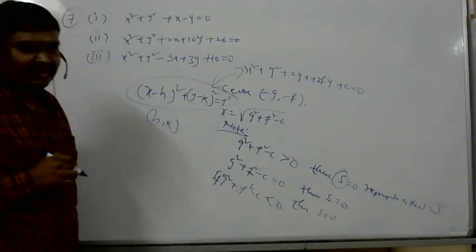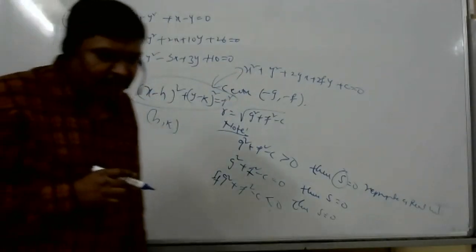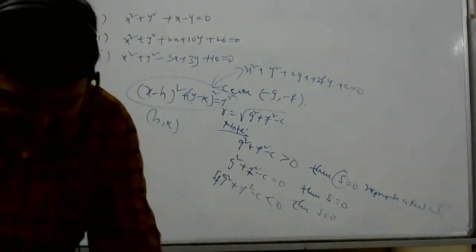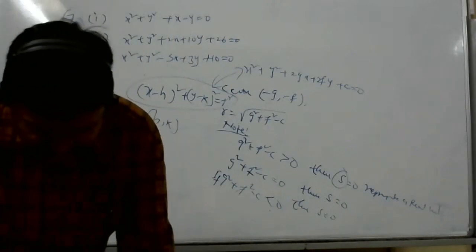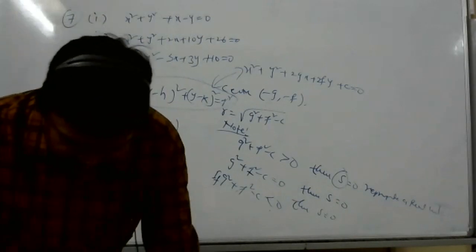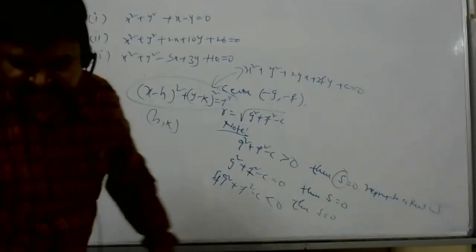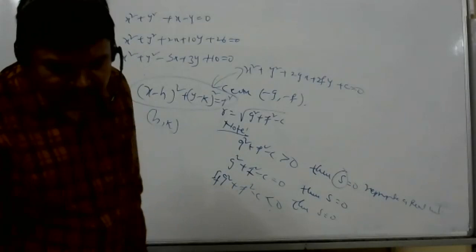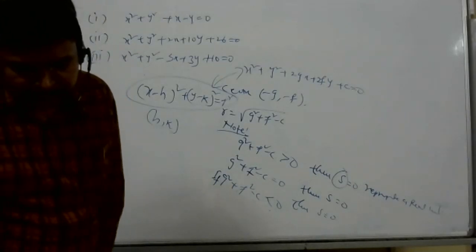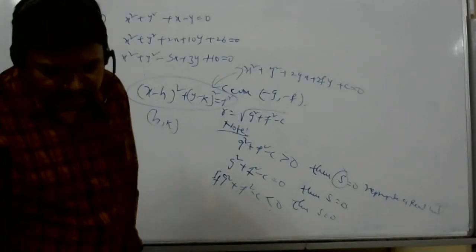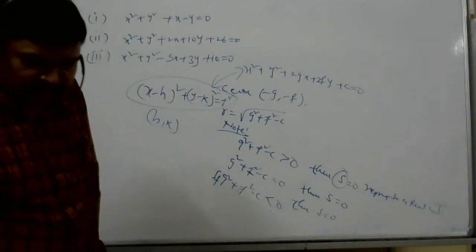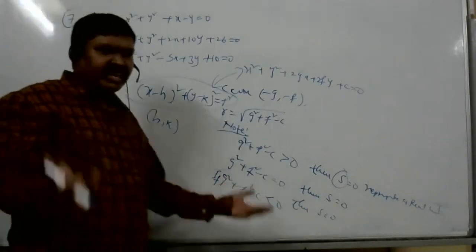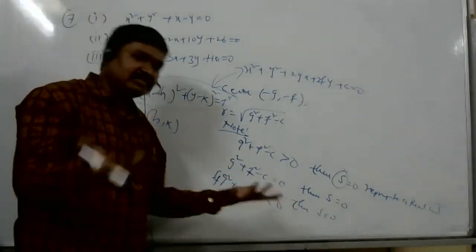For the questions we solved today, for example the second last one: find the equation of the concentric circles. In that question, we got the center from the given equation, and then we substitute the value of g and f from that, and the radius. Then the final answer, substituting in the equation.